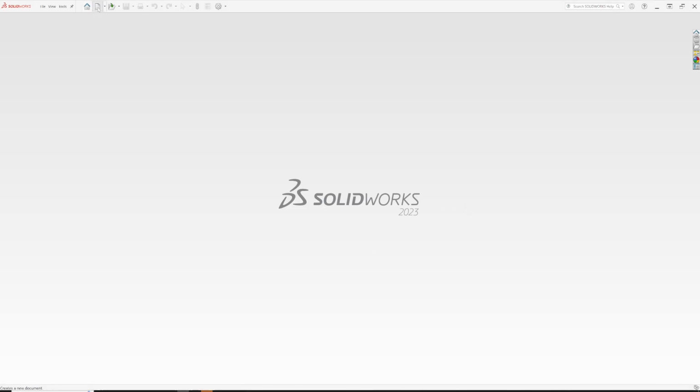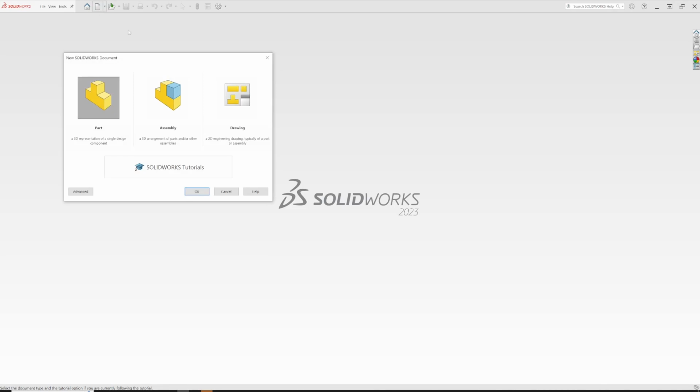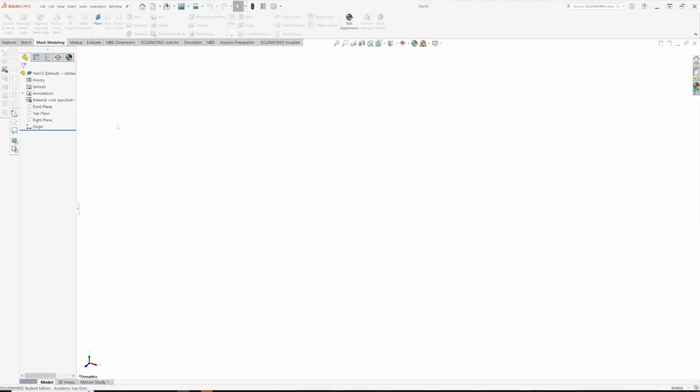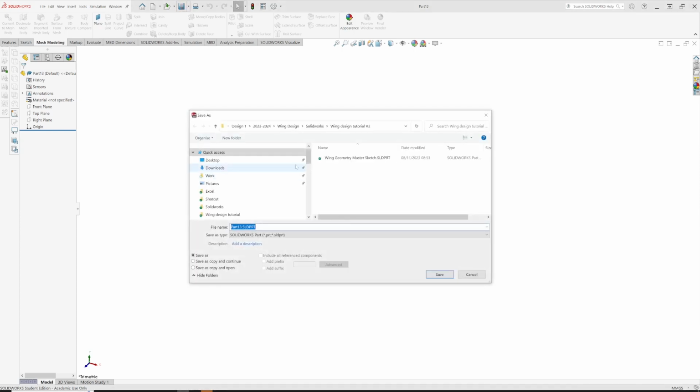To get started, I'm going to start a new part, so click on the blank document, double click on part, and it opens up a blank document. First thing I'm going to do, good housekeeping, is save it, and I'm going to find a sensible place. So this is SolidWorks Wing Tutorial version 2, that's fine for me. I'm going to save it in that directory, and I'm going to call it Wing Geometry